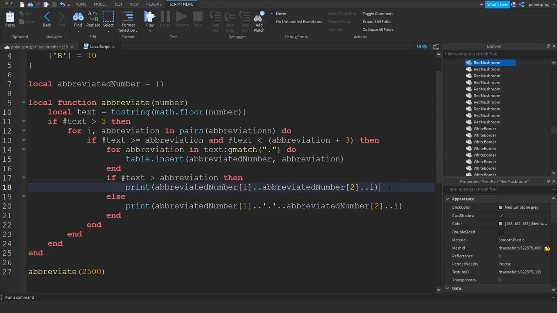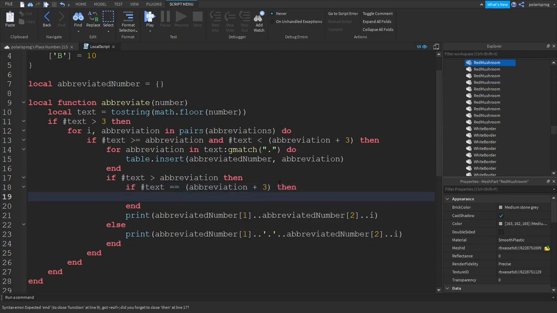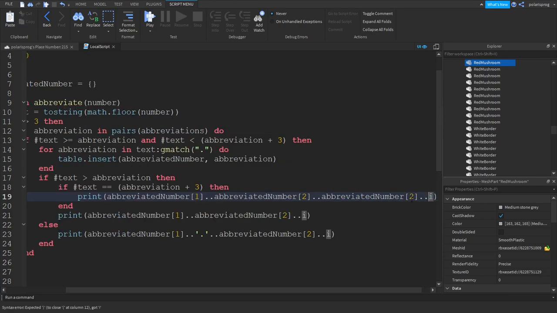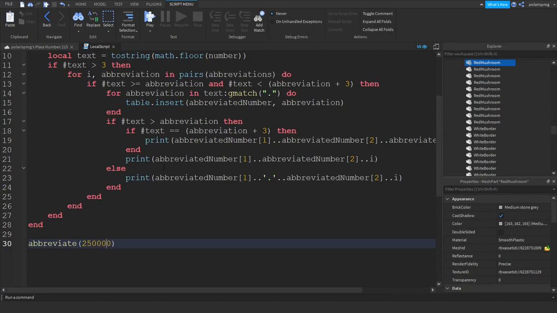So whenever it's greater, okay, so before we print this, or if it's greater, then we're gonna check if hashtag text is equal to abbreviation. Put this in parentheses, abbreviation plus 3, then plus 3, not 30. Then what we're gonna do is we're gonna print, copy this line of code, but this time in here we're gonna put the third item in the table. So if we give it 25 to 150k, it should print, wait, let me just